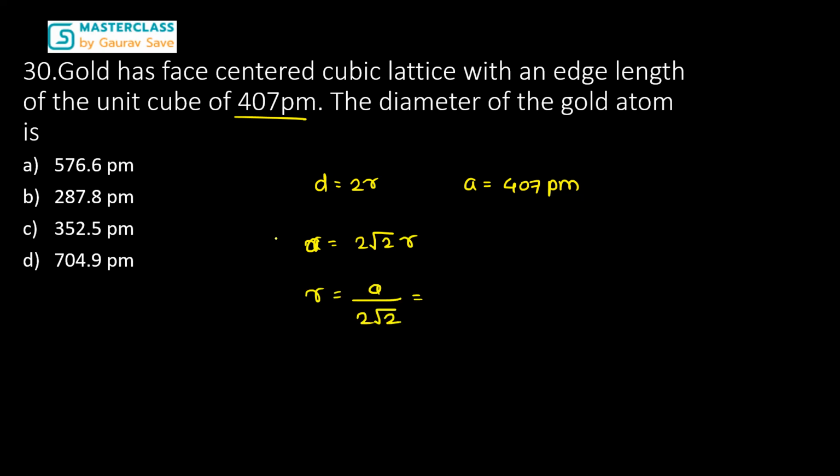Now let's assume we are directly calculating diameter. So diameter will become 2 times r. So 2a upon 2 root 2, 2 and 2 will get cancelled out. So a upon root 2, which is 407 upon 1.414. Let's assume it is 1.4. So if we are dividing it by 14, 14 2s are 28, and there is only one answer in the range of 2. So we don't even have to calculate it completely, because we can see directly that it will come in this range only. ठीक है guys?